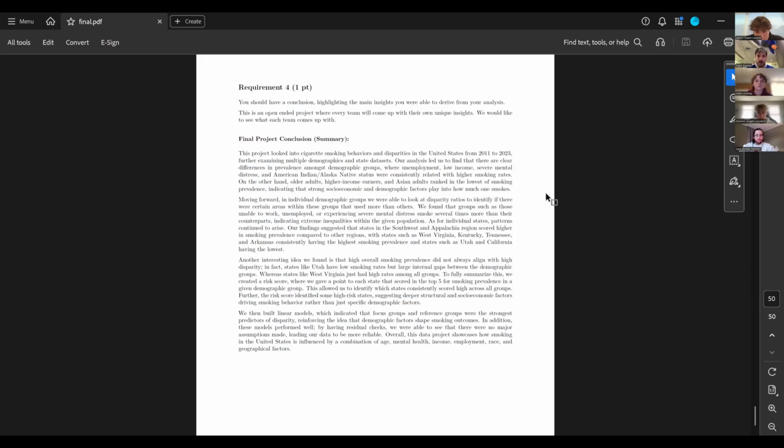So moving forward through that, we then created our linear regression and did our calculations for that, which Hallie went over, and then created our Shiny app to showcase all of our work as a whole. And yeah, we checked through residuals to make sure everything was good. And overall, this data project showcases how smoking in the United States is influenced by the combination of age, mental health, income, employment, and race, and other geographical